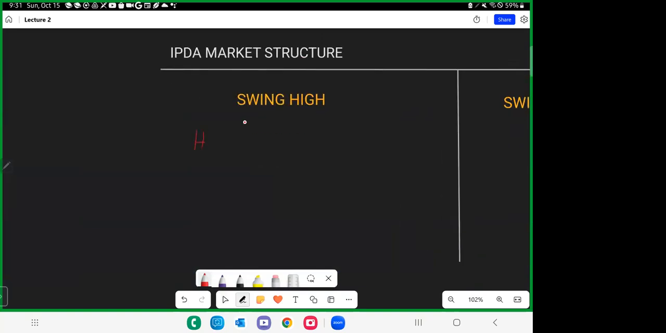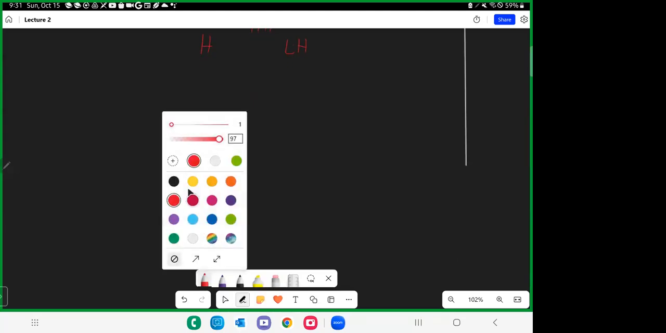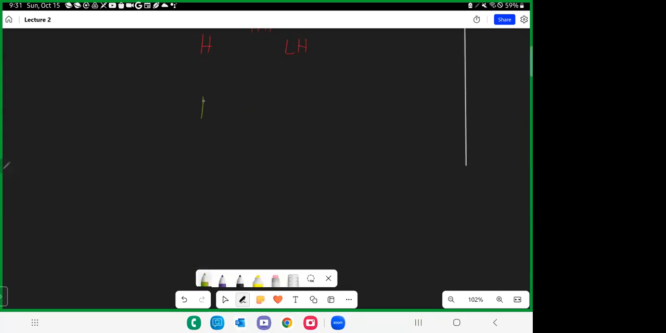So we're seeing a high, higher high, and lower high, right? In candle form, we draw high, higher high, and lower high. And once more, high, higher high, lower high. All right. Now, what we have to understand,